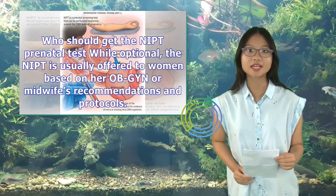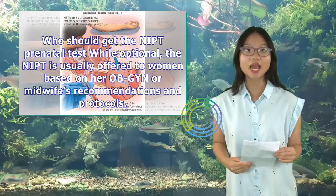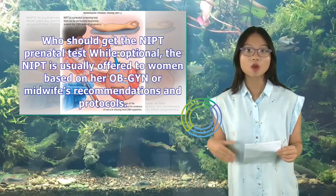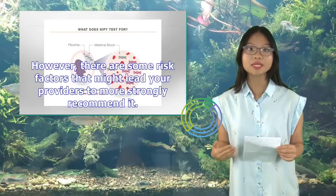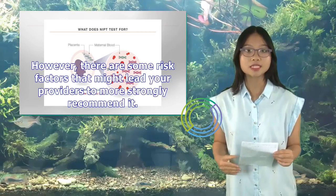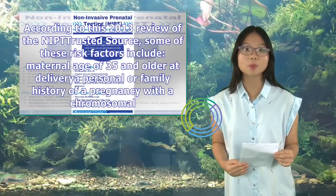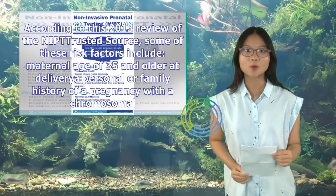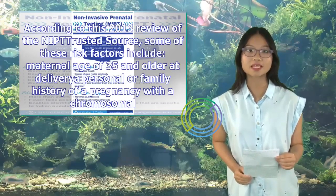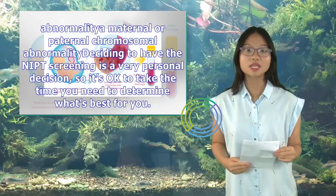Who should get the NIPT prenatal test? While optional, the NIPT is usually offered to women based on her OB/GYN or midwife's recommendations and protocols. However, there are some risk factors that might lead your providers to more strongly recommend it. According to this 2013 review of the NIPT, trusted source, some of these risk factors include maternal age of 35 and older at delivery, a personal or family history of a pregnancy with a chromosomal abnormality,